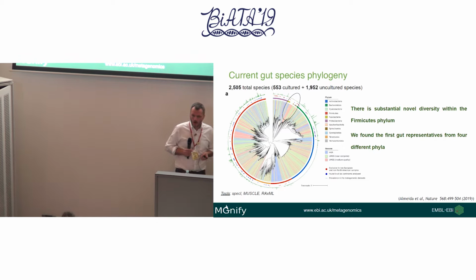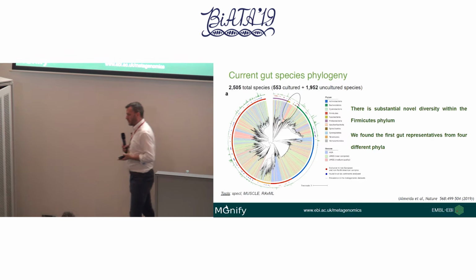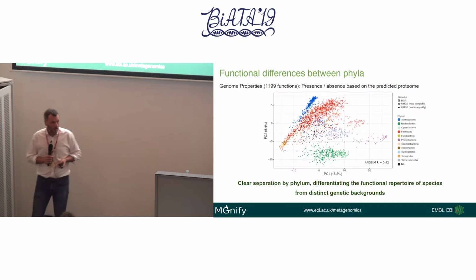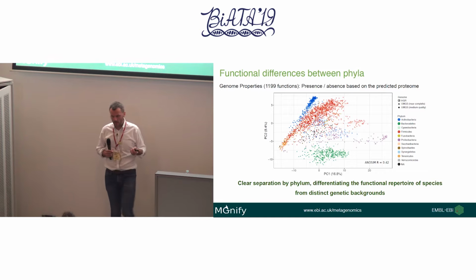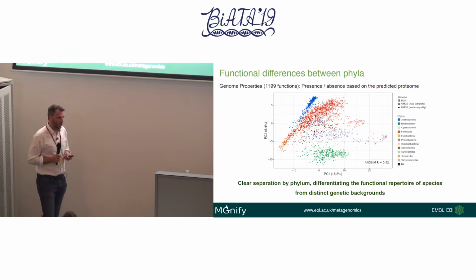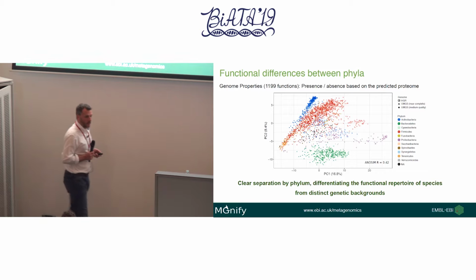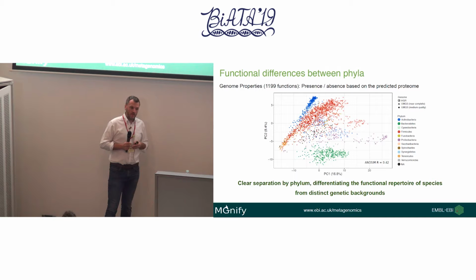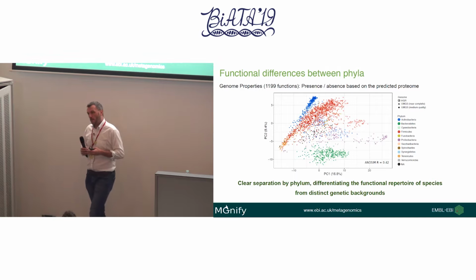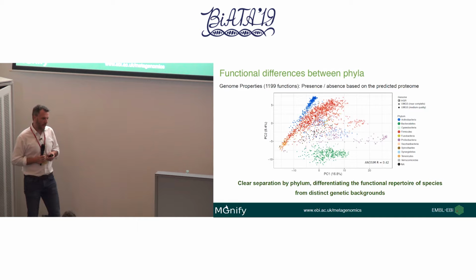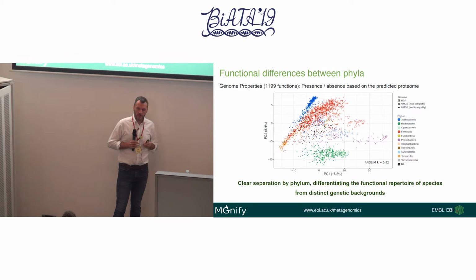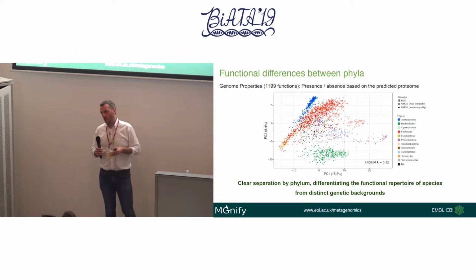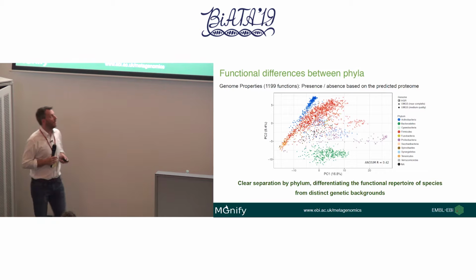So, what can we start saying about these from a functional perspective? We've got lots and lots of genomes, so we've used a number of different tools to look at the functional profile of these. One of the tools is something called Genome Properties. This was actually developed first of all at JCVI in the US. It uses TIGRFAMs and Pfams, and is a little bit like SEED and KEGG, but has slightly broader application. It uses those protein families to infer the presence of pathways and systems within a genome.